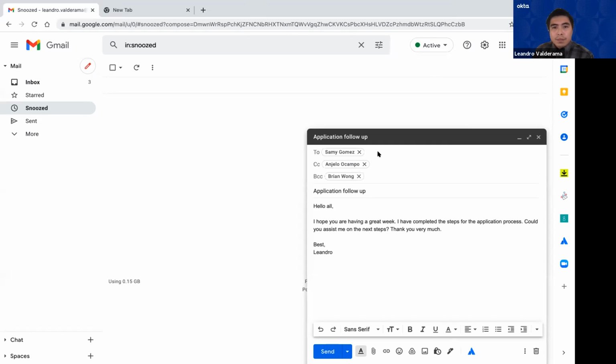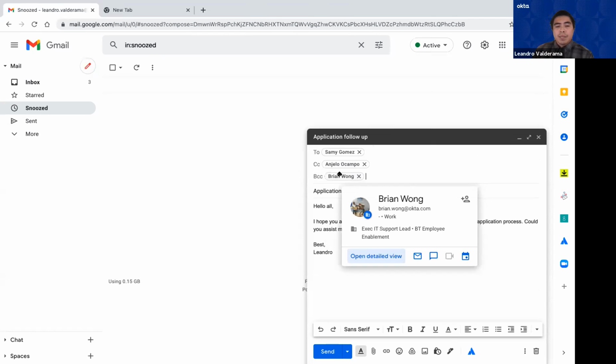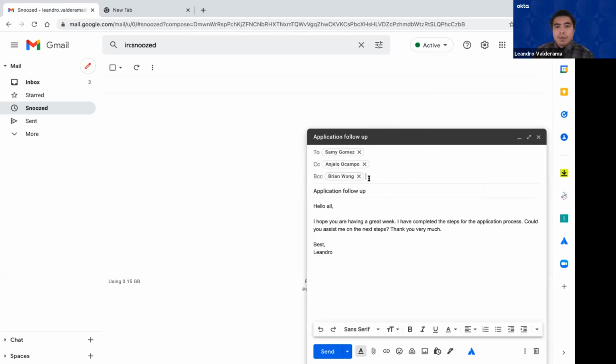So, to create an email, you would press this button to compose an email, and then it'll open up this window right here. And of course, To is whoever you want to send it to, and the CC is to send a copy of the email to that person, and BCC is a blind carbon copy, where whoever you put in the BCC, the others won't see whoever else the email was sent to.